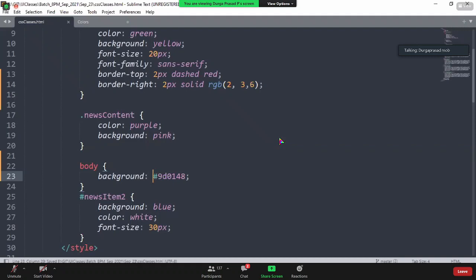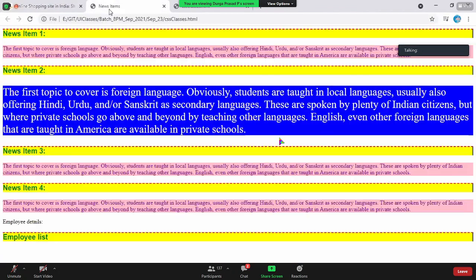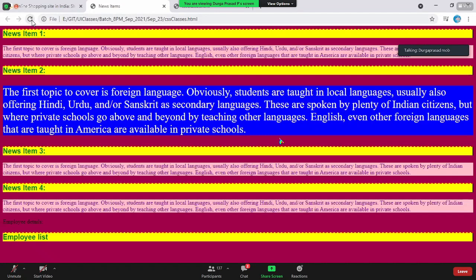Now if you see, are you defining the hash code here? No, I'm just making use of the existing hash code. Now let us refresh our page. Not this one, this is the one. Reload the page. Did you get the same color as the elephant color? Yes. You are not defining it, ma'am.